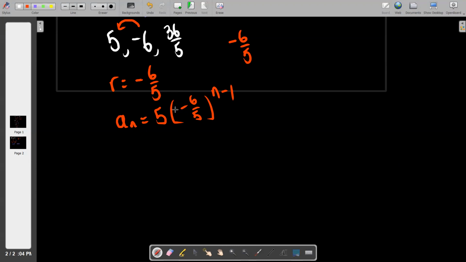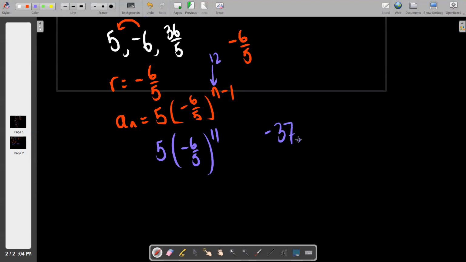So anyways, that's that. And it says to find the 12th term. So yes, we're just going to simply put 12 in place of n. And you're going to type into your calculator 5 times -6/5, and we're going to raise it to the power of 12 minus 1, which is 11. And when you type that in, your answer should be